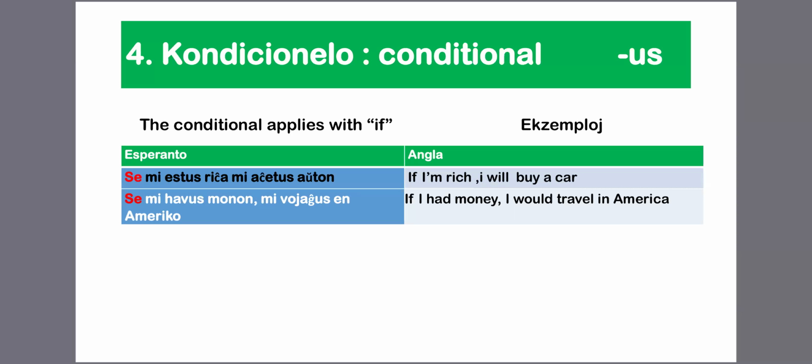You remember that a condition should have an if clause at the beginning. And the if in Esperanto is se. So I showed you two examples here where I say, se mi estus riĉa, mi aĉetus aŭton. Se mi havus monon, mi vojaĝus en Ameriko. I think the next lesson will be a practice, not only class. We are going to explore from the beginning up